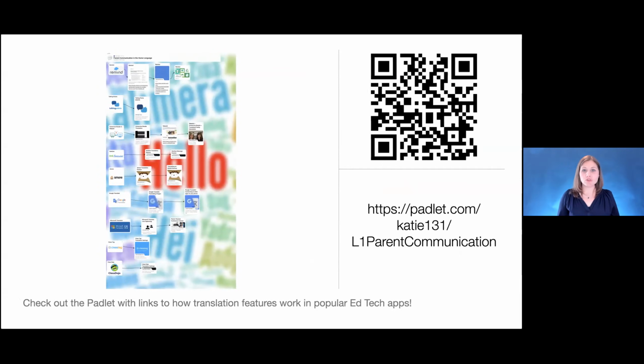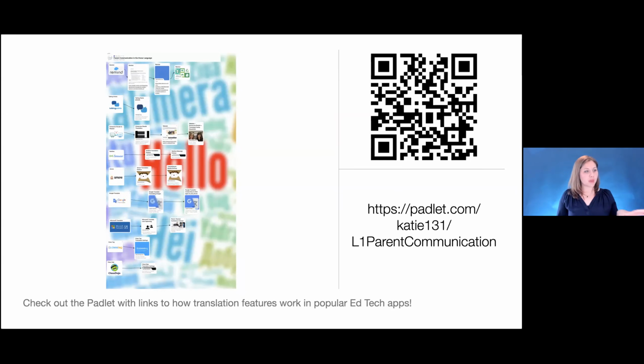So I want to let you know, I don't know what you're using currently in your classrooms or in your context, wherever you are. But I went ahead and created a Padlet for us that has some of these that I feel are used very commonly by classroom teachers. So Remind, SeeSaw, Class Dojo, Wakelets, and more, some of these popular communication apps.